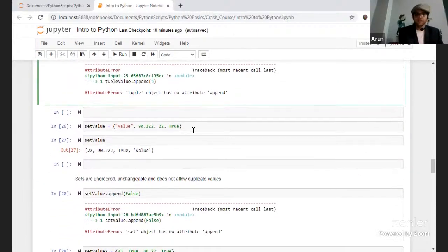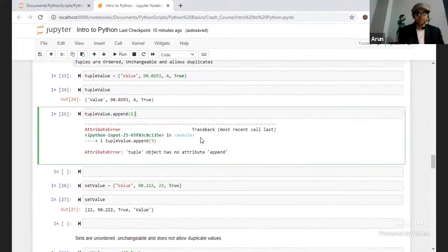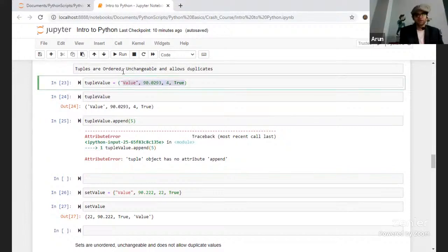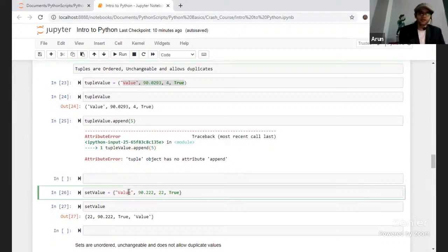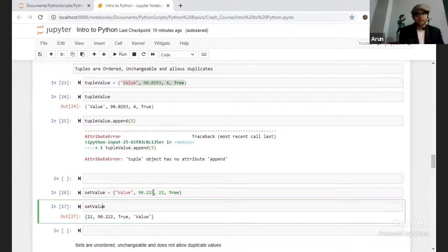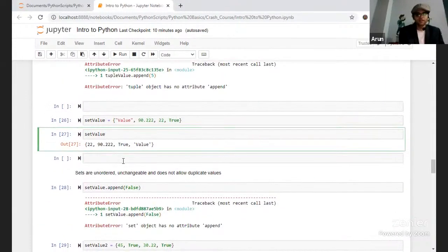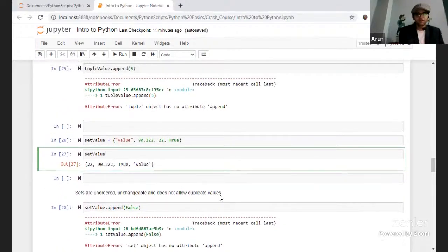Having said that, you can actually use the tuple for a variety of other things. Like suppose I assign the temp tuple value with this value 90.23 and so on, then I assign the set value with a similar thing, then try to print the set value, then the difference between a tuple and a set. Which I think I should have given it here. No, haven't I given? Okay, I gave it here, I guess.